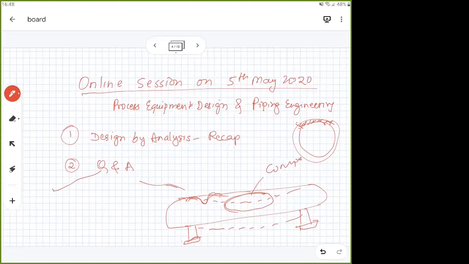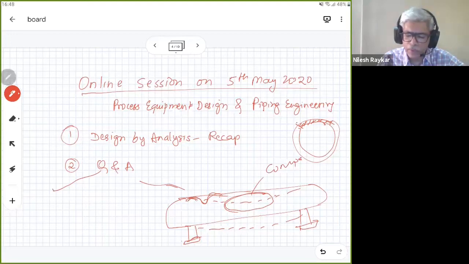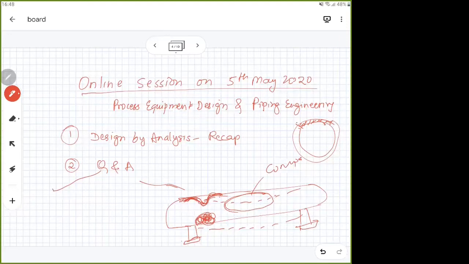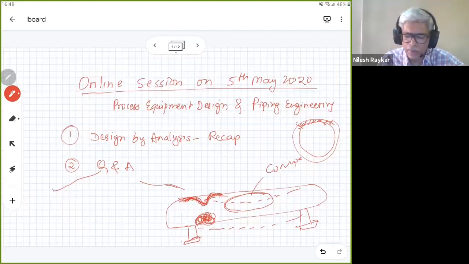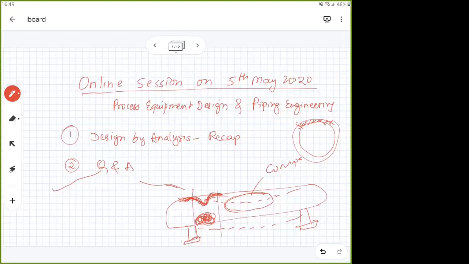But if the failure is on the local region, then how will we do the analysis? Same procedure, like for example, what figure I have drawn here. Let's say this particular zone is going to buckle because of the self weight. There is some huge internal weight acting here, because of which the compressive stresses on the top upper part of the vessel shell are very high. It will buckle. So for capturing this buckling, you cannot take a local section. Is it clear? Yes, sir.